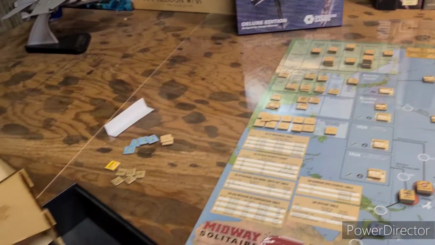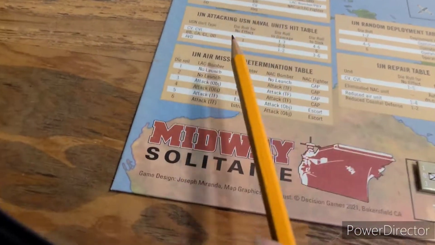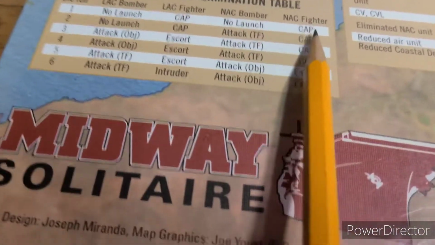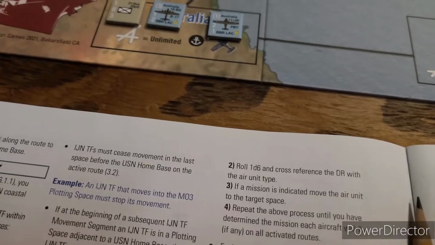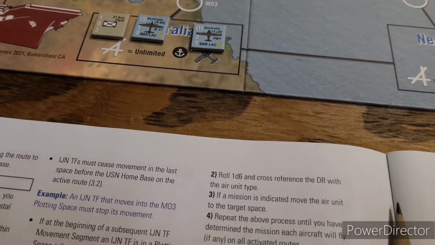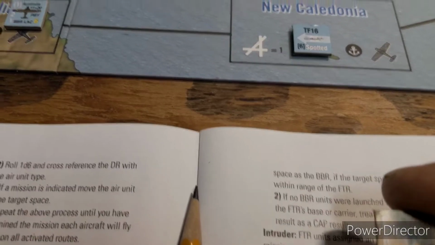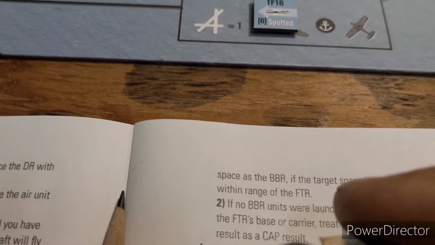Naval aircraft with a 1. Ooh, you know what? Then we might get away with some. Oh, naval aircraft fighter with a 1 up. No, he always gets a cap, so he will be capping above, I guess, Rabaul. Oh wait, no, he's a Hiryu. Where is the Hiryu? It's in the first